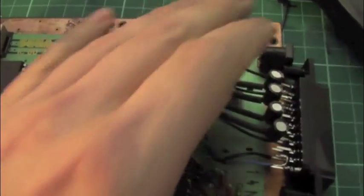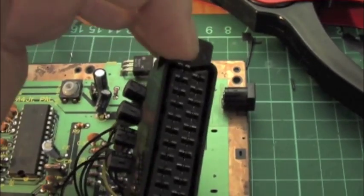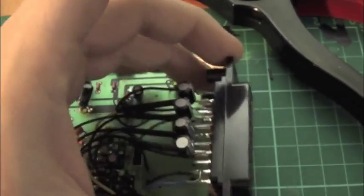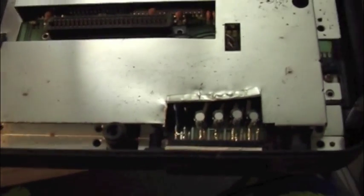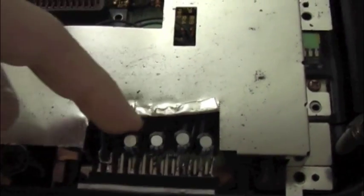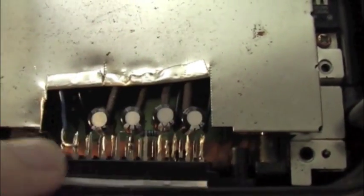This is one tidy little mod, and what I've done is I've kept it all here, and what I'm going to do is screw in the socket, so it's still removable, so it's not all sort of glued and stuck into the case. And there's the final mod with the top shielding in place. Just cut away some with tin snips just to make sure I've got this clear, insulated, and it's all nice and clear from the pins, so no shorting, and all I need to do is screw it in, because